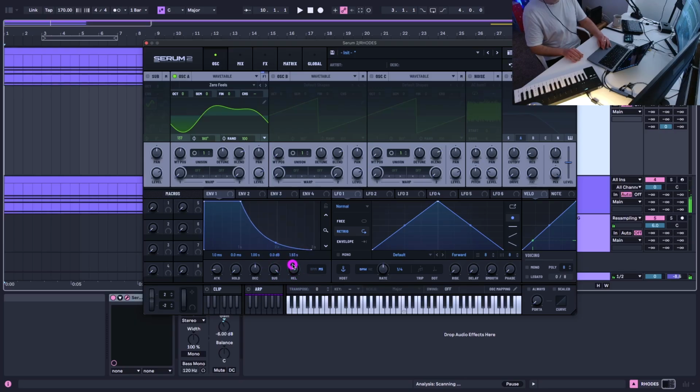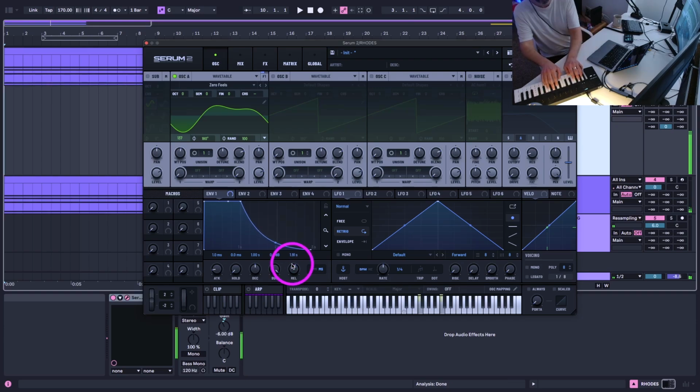Bass on it though. So there is a lot of reverb on this, but that's okay. Nice little motif there. Could have it even lower.